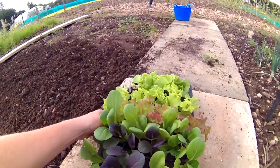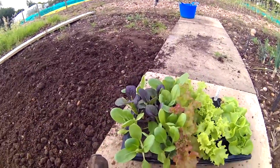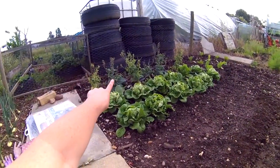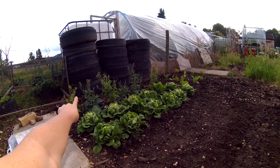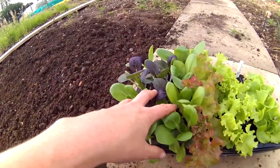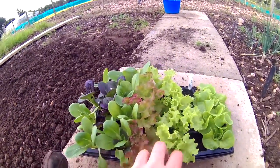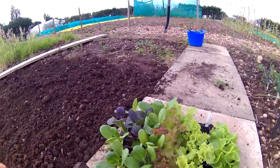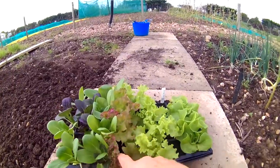So let's have a look and see what we've got. So these ones are replacement pak choys for over there. So I'm going to lift all of those ones that's gone to seed, and I'm going to replace it with these nice new fresh ones, and I am going to water them better this time, and hopefully they won't go to seed. I've got my Lolo